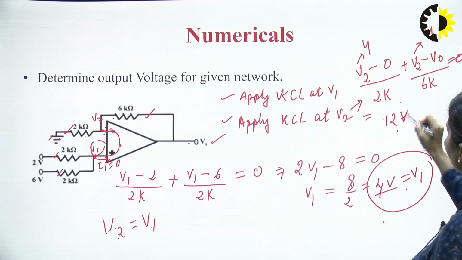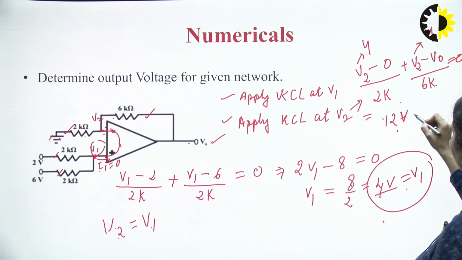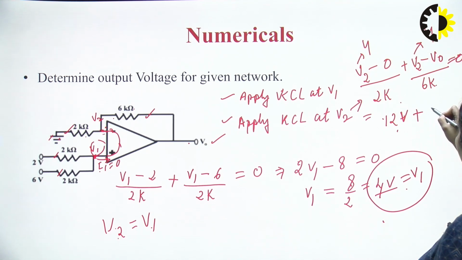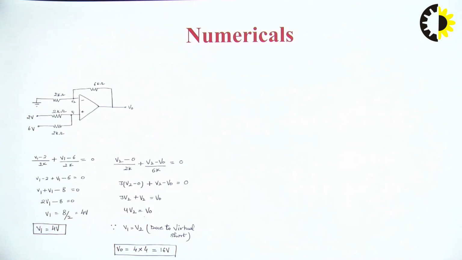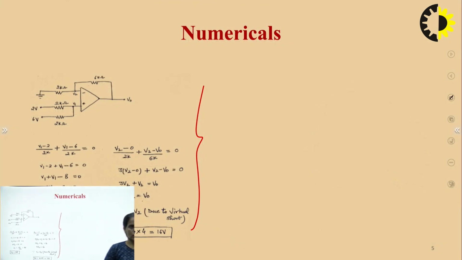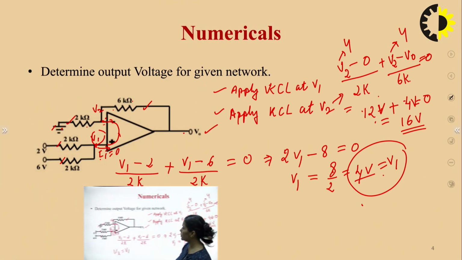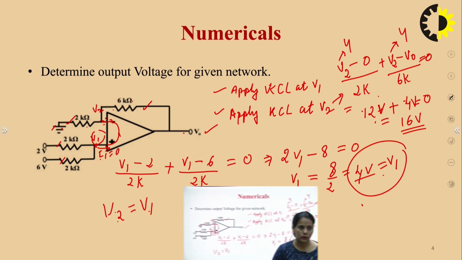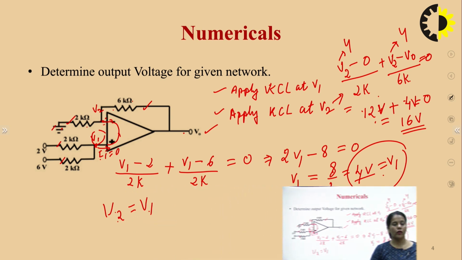So this is 12 volts plus 4. This will give you 16 volts. This is how I have solved this. This was a clue. So this is how any expression, any Opamp numerical, the solution to any of the Opamp